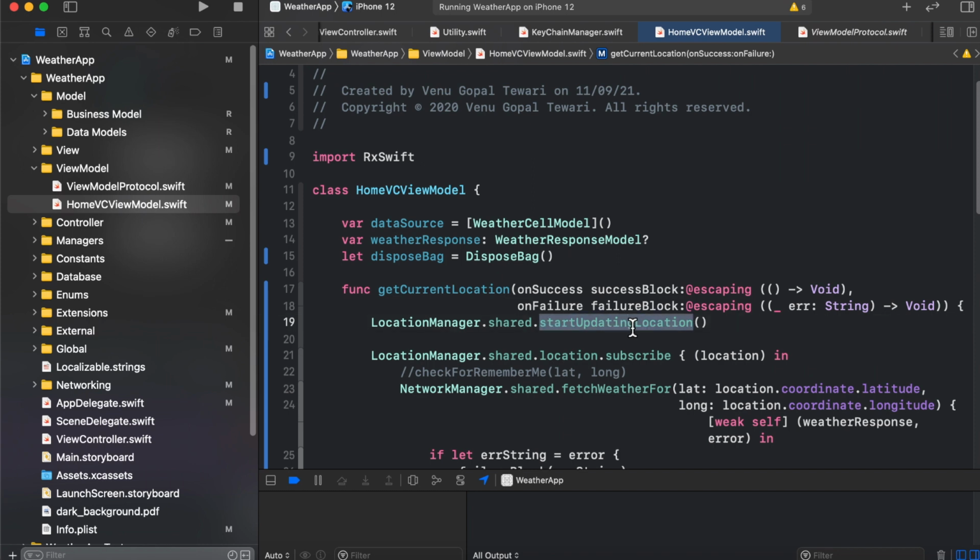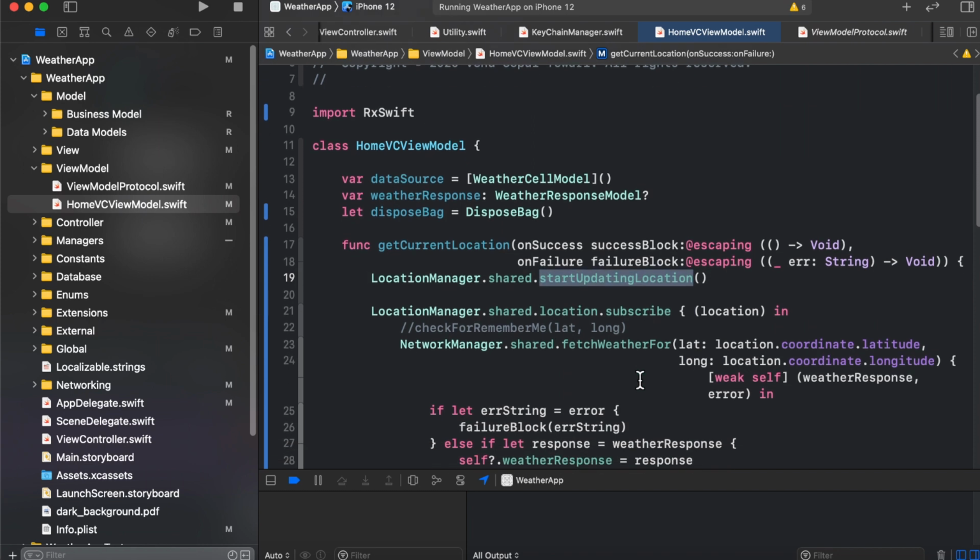Once the location is received, I am subscribed to this location object in my view model. Once I receive this location object in the callback, in the response block, I use it in the form of latitude and longitude, and I call my API from the network manager. Now let's take a look at the manager class where I am